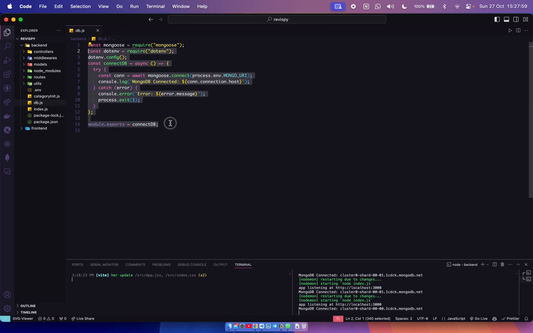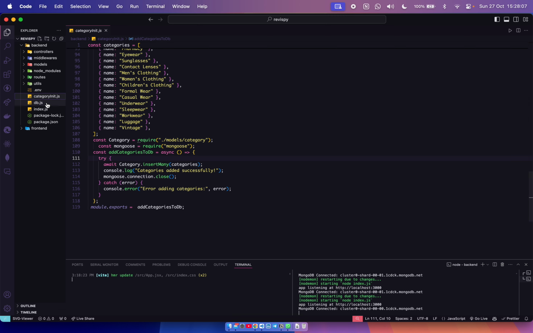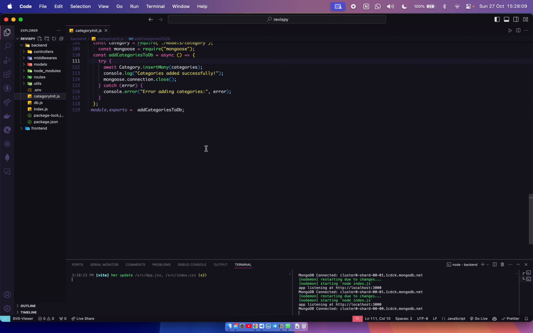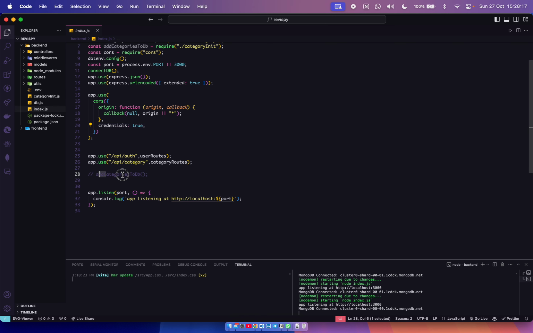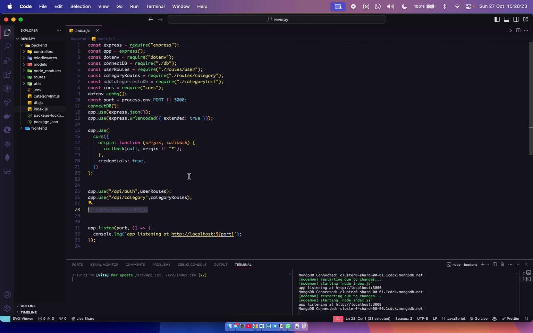It is a simple file to connect with our MongoDB Atlas database, and after that we are having the category file in it. So all the categories are added to the database once, for a single time.